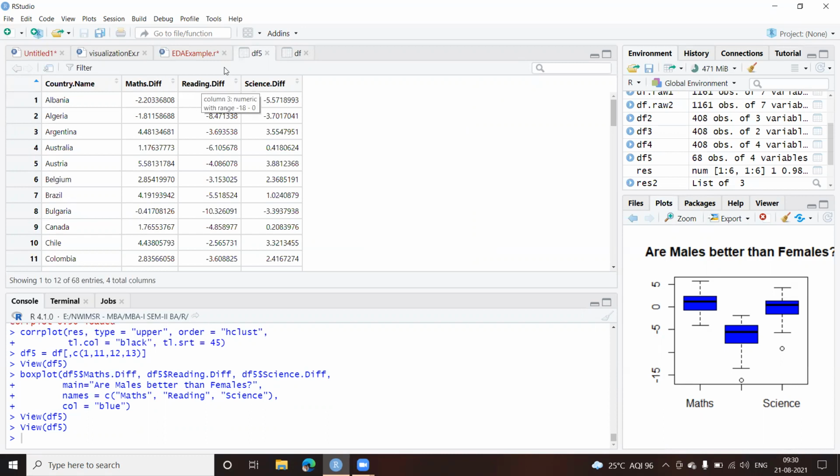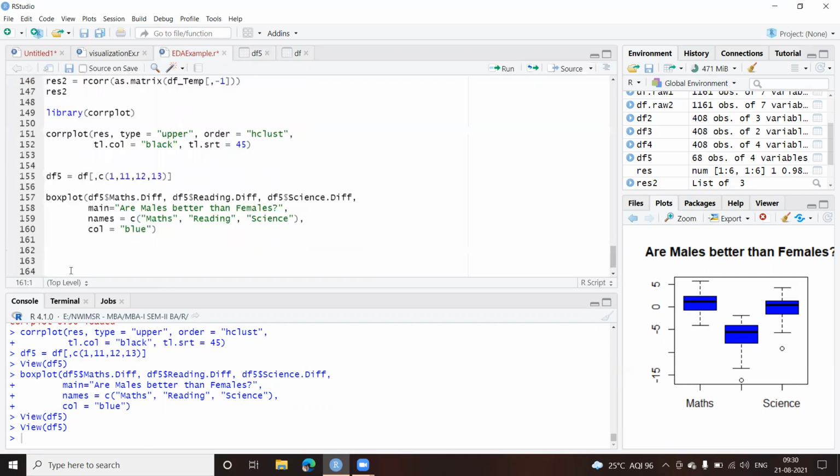And I'll have one more column called, let us say, result, and these values will appear in that column. I'll make a small change because I need a better box plot, so let me go back and make a few changes here.